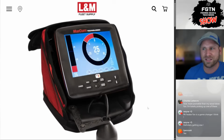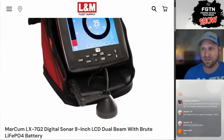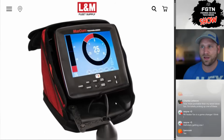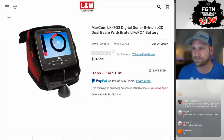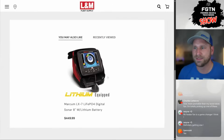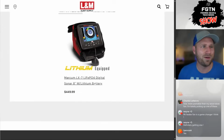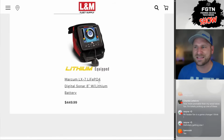The whole rest of the photo looks exactly the same as the old LX7. You've got the same buttons, the same everything. You've got your transducer. So this is $649.99, obviously sold out here. But here, if we scroll down, look at this. The LX7 LiFePO4 digital sonar 8-inch with lithium battery, $449. So if we click on this,